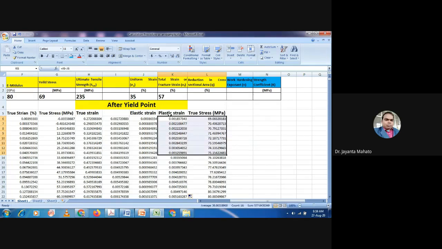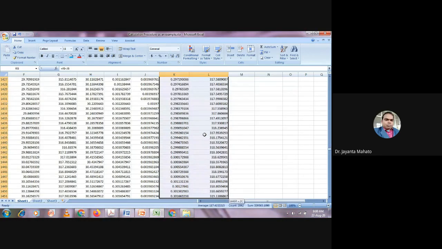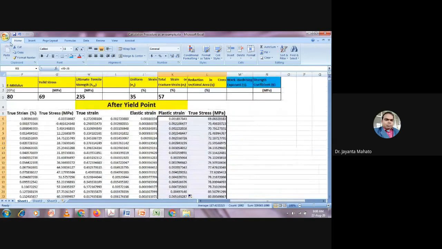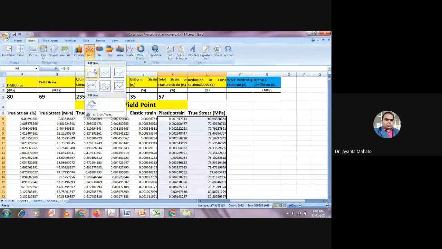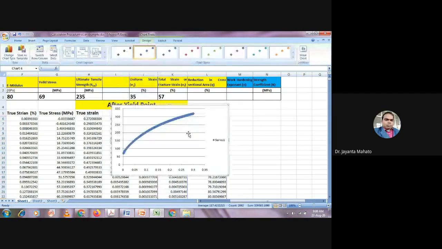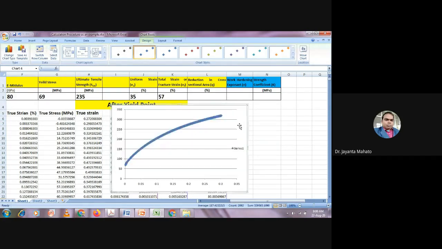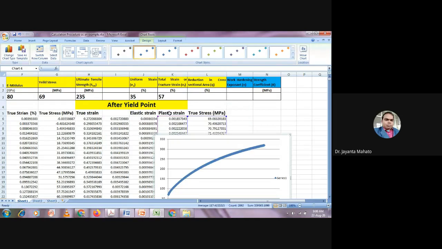Now if we plot this plastic strain to true stress, from yield stress to UTS, then this curve will form. So these are the plastic strain values and true stress values from yield stress to UTS.